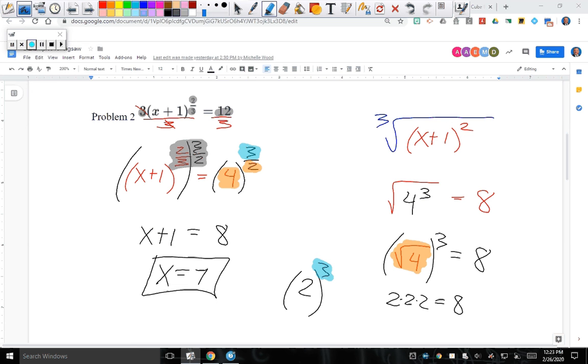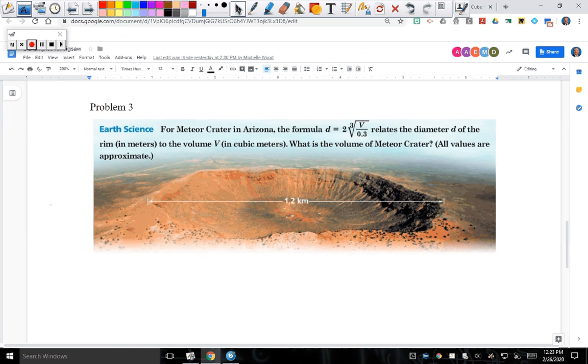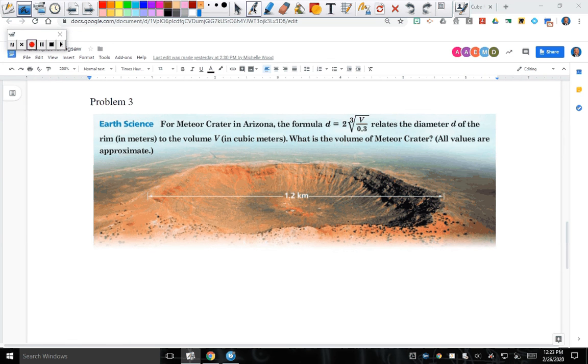Not too bad? Alright, so we have 2 more problems. This is an earth science example. It says for the meteor crater in Arizona, the formula D is equal to the following. It relates the diameter D of the rim in meters to the volume in cubic meters. What is the volume of the meteor crater? So you're trying to find the volume. What can I plug in that they gave us? The diameter. You with me? So if I'm going to plug in the diameter,